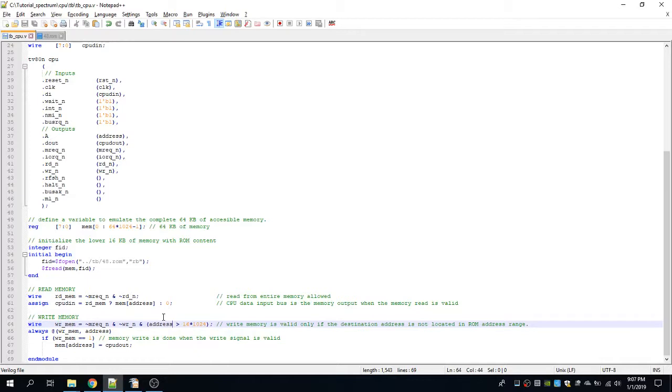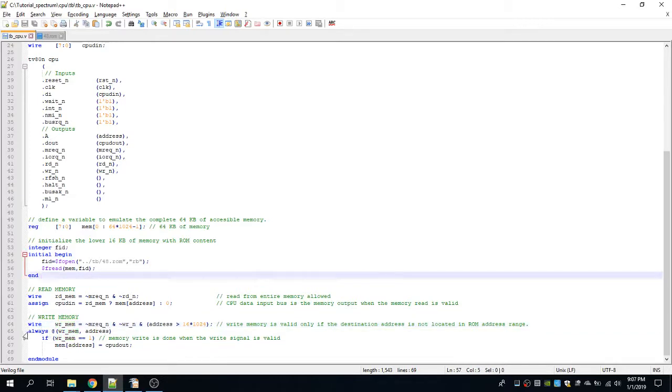I have noticed that the firmware actually sometimes gives some kind of write memory access also in the ROM area, and we have put this constraint here. So the write memory will be active only if the address is higher than the ROM accessible addresses.